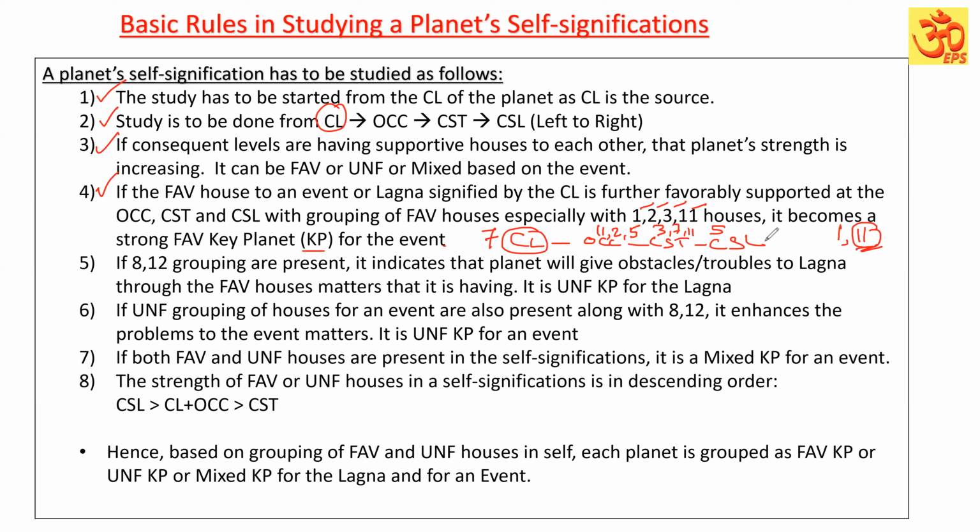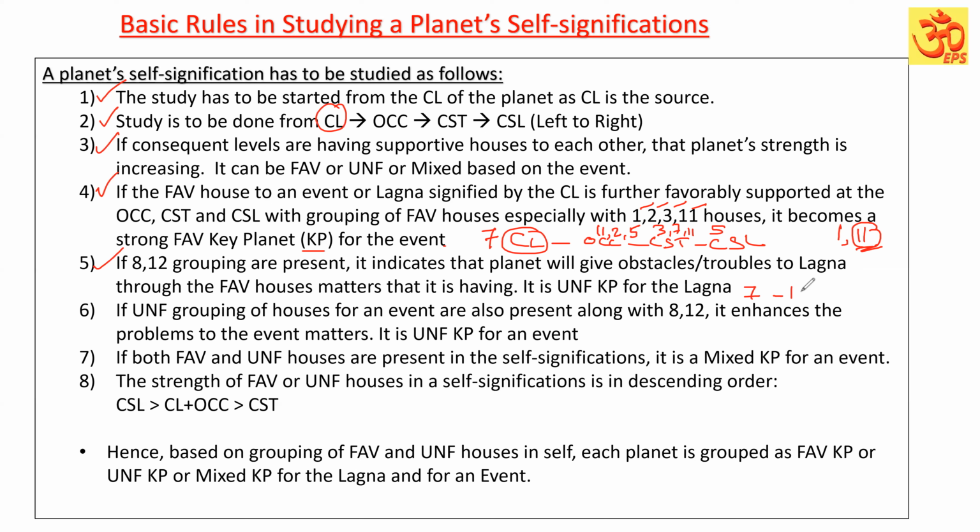If the 8th house and 12th house grouping are present in the self-signification, it indicates that the planet will give obstacles or troubles to the Lagna through the favorable house matters that it is having. It means, for example, if I'm talking about the 7th Lord planet,